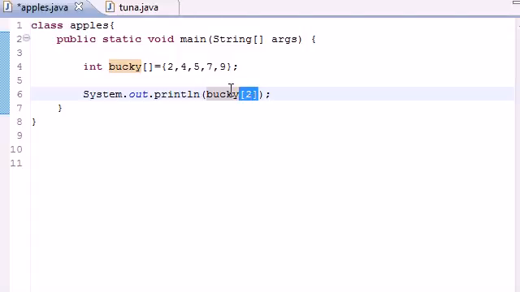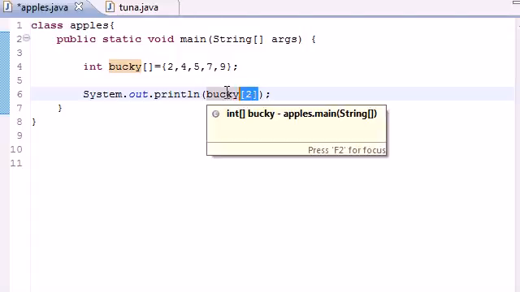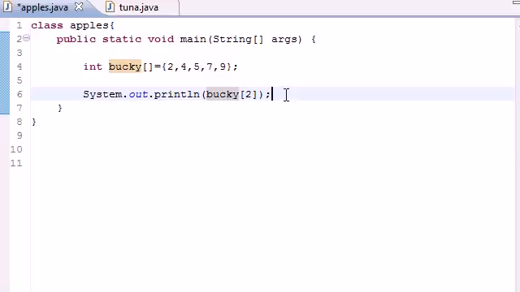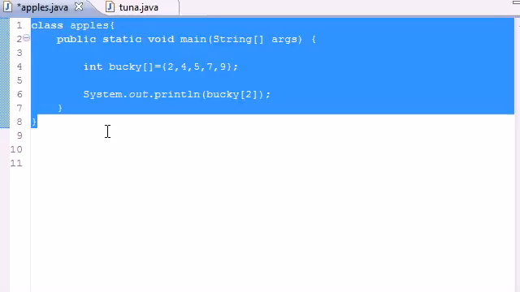So that is your quick tutorial on arrays and how to create an array, and also how to make an array initializer. So I hope you enjoyed it. Practice this a little bit, and in the next couple tutorials I'll show you how to use arrays in programs and how they're useful and why they're useful in